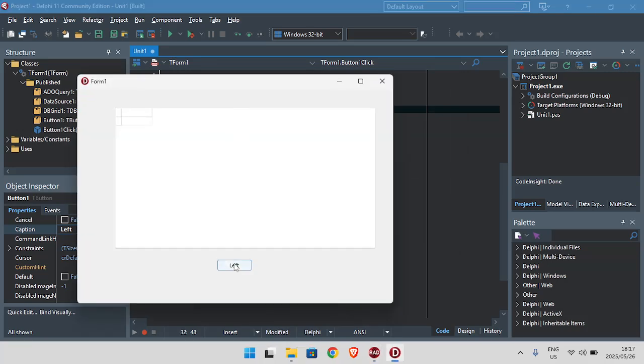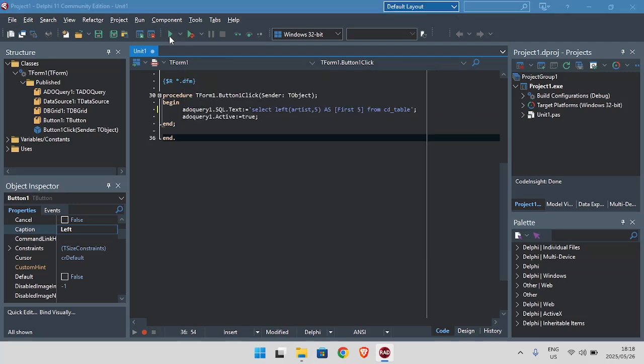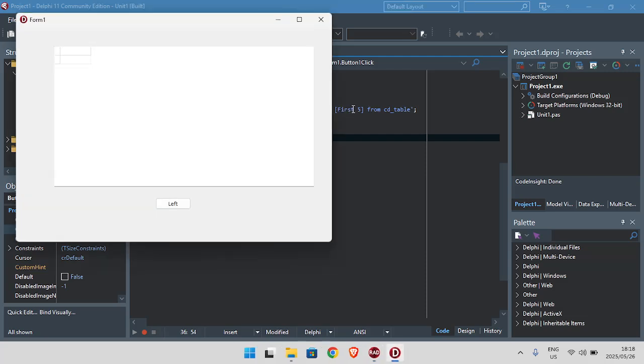So you can specify how many characters you want to display, and obviously you need to change the heading as well. Let's say we want to display the first 5 characters. From now on, we want to rename that one as first 5, just to give the heading a new name.